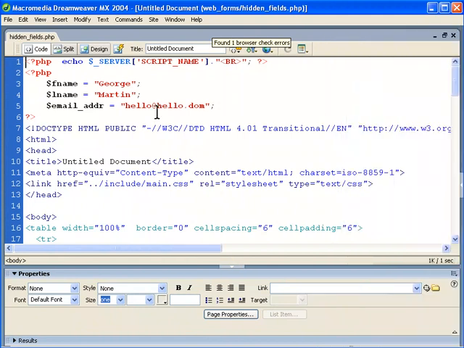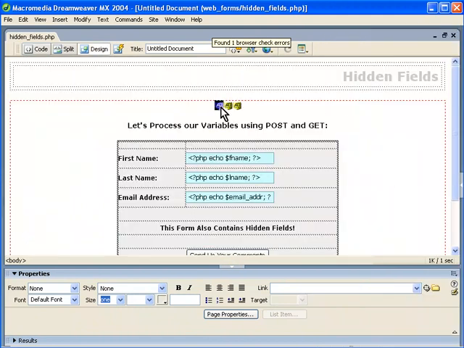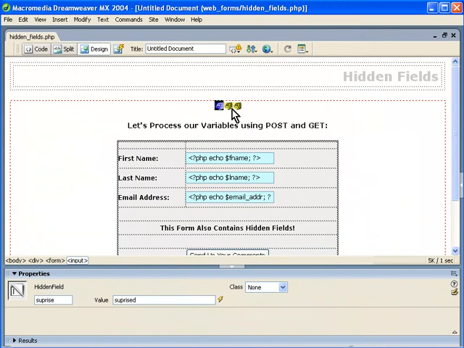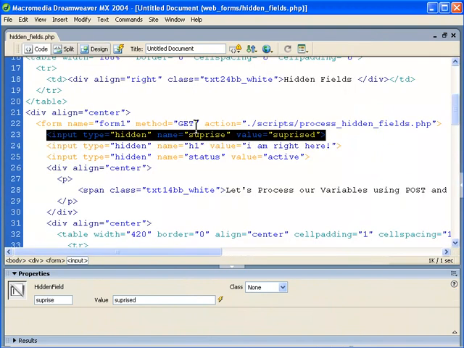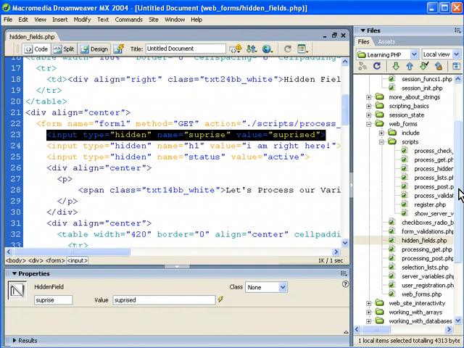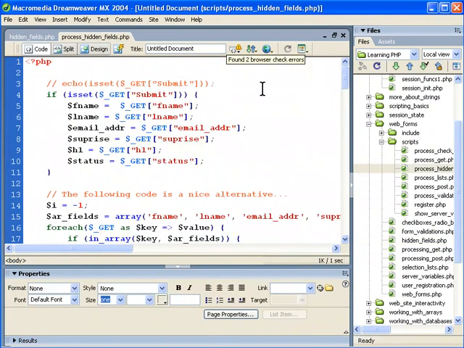If you're not familiar with hidden fields, you can see that they're going to be displayed differently depending on the type of editor you're using, but they're in here in their input types, but they're hidden instead of another type. And they're going to be, surprise here, H1, and status. These are the names. And each of these has a value, and that's going to get passed to the server side. If we just take a peek at that, process hidden fields in the scripts folder,